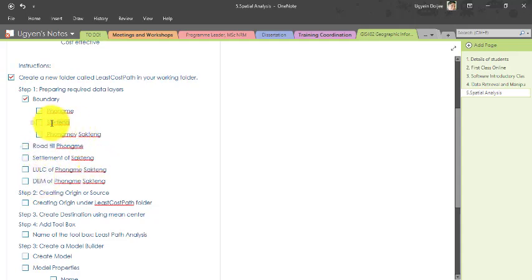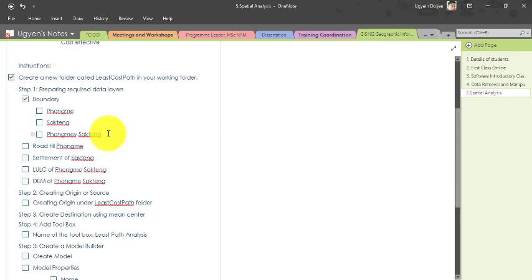And I'll be needing the boundary of Sakteng so that I can clip out settlements falling only in Sakteng, and so that I can create the end point of our road looking at the settlements. I need both Phongme and Sakteng as an overall boundary so that I can add LULC and add the DEM file so that I can do overall analysis